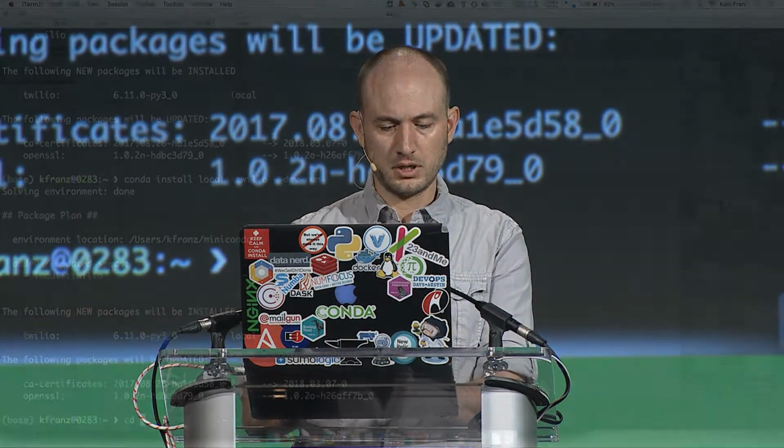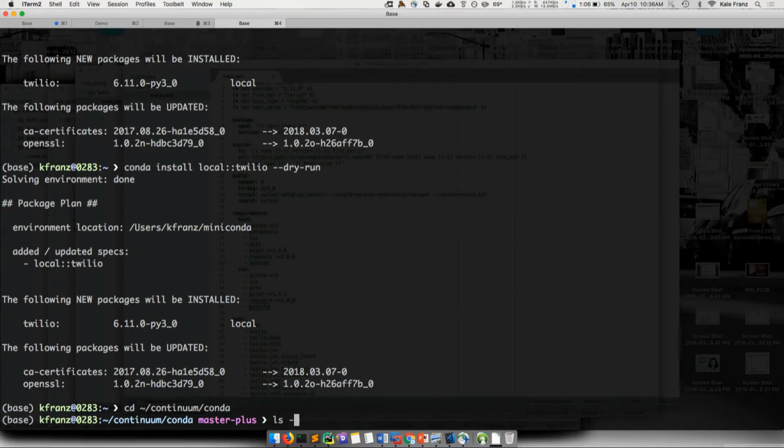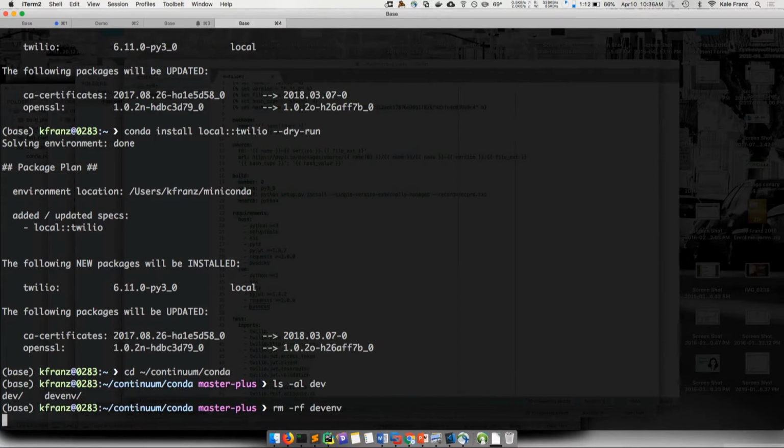We'll do this right now. I'm going to switch to my Conda working directory. This is actually the Conda code I'm using to execute everything right now. I'm going to remove that devenv because that's what I'm going to create. I told you, one of the difficulties with people using virtualenv is they're used to environments having a location, usually in your project directory. They're not used to this environments-having-a-name thing. They're a little bit different concepts.